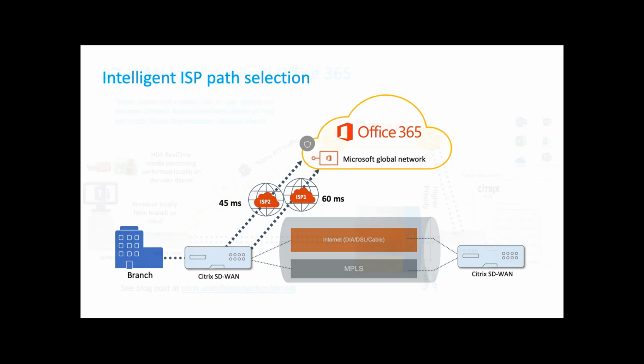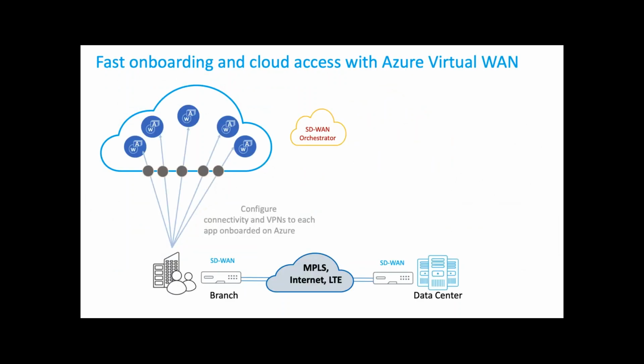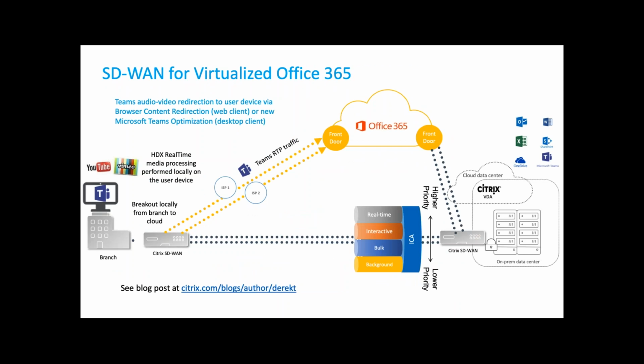So what's interesting as well is our ability to see within ICA and HDX traffic. Where another vendor might see Citrix traffic as an IP and a port, we can actually see within these sessions, categorizing them as real-time, interactive, bulk and background. So you can set up your own quality of service policies to ensure that within that session, other users might not be pulling down too much YouTube traffic, which might be encroaching on your team's experience. So we can divide that bandwidth up within those sessions accordingly.